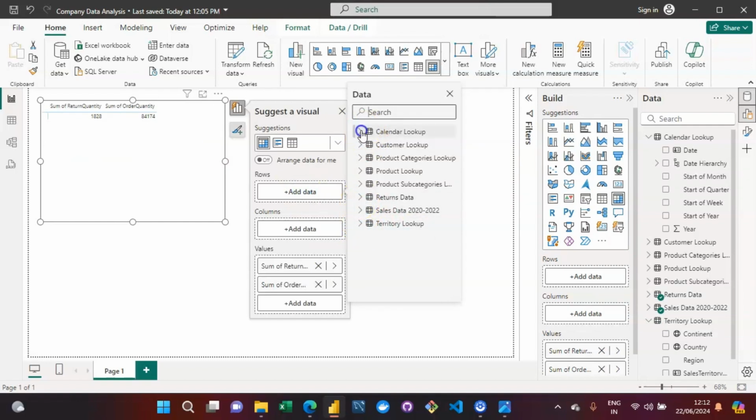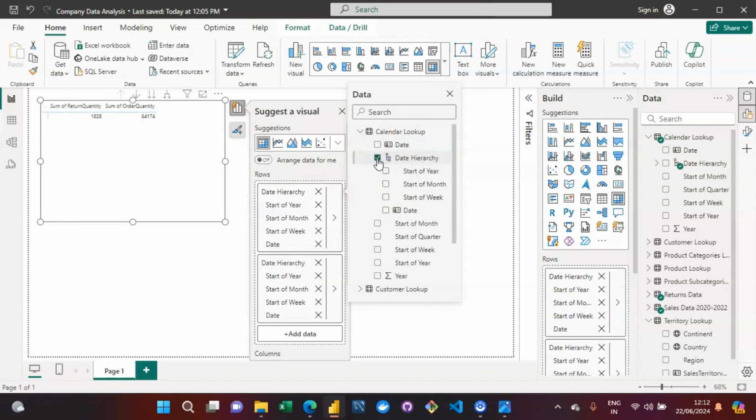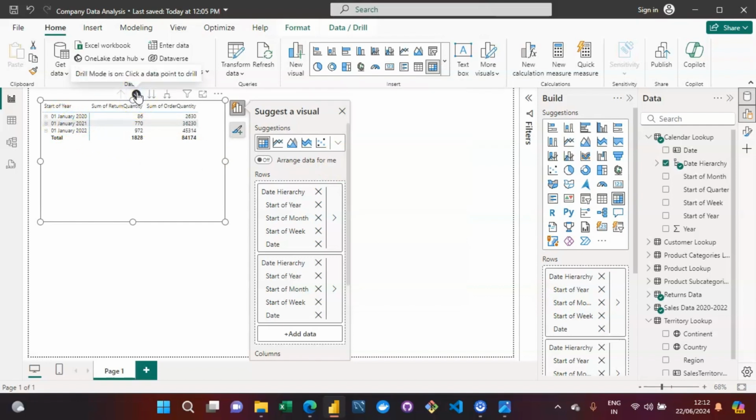Let us go forward with the calendar lookup. You are going to have a hierarchy over here. Drag it and drop it, or you can simply click it. On clicking over here, you'll get to see what exactly is my start of year at the top level. If I'm going to drill down, making use of this drill down option, you will get to see the start of month as well,